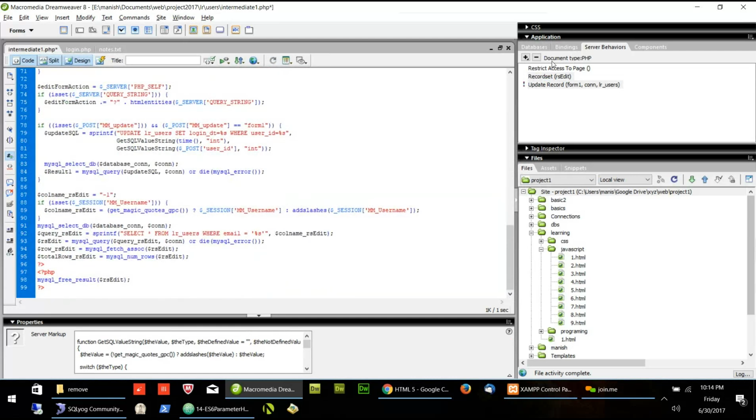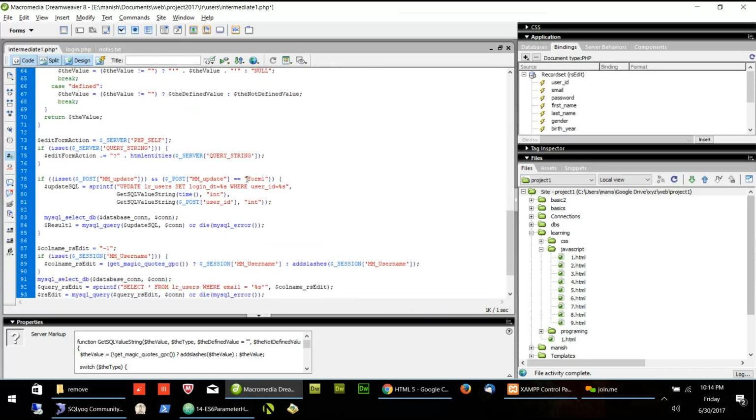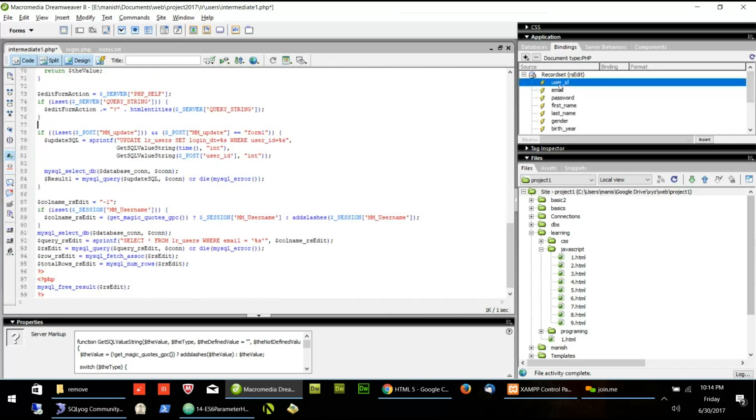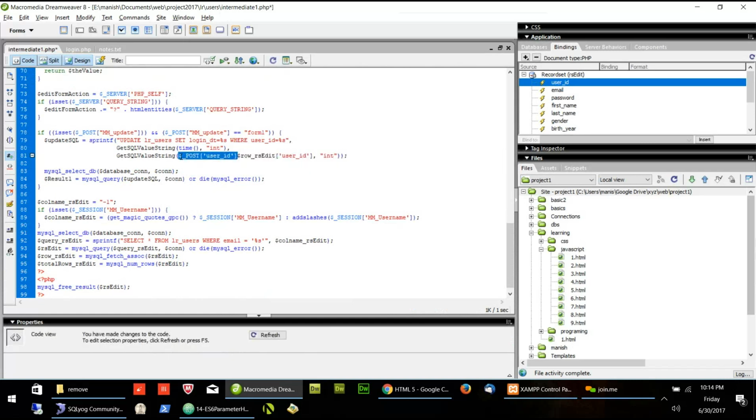So what I will do, I will go to the binding panel, and I will take this user ID and put it here. And I will delete the post user ID. So I will get the user ID from this RS edit.